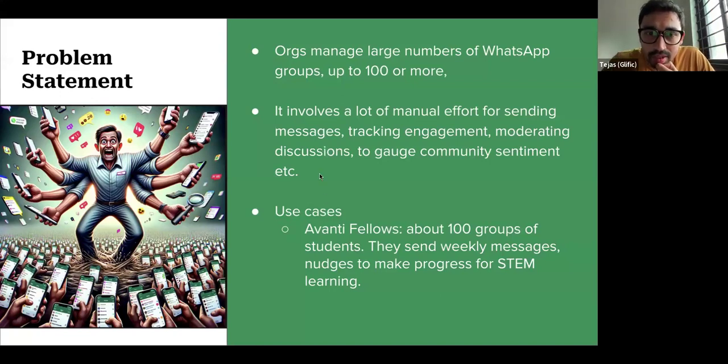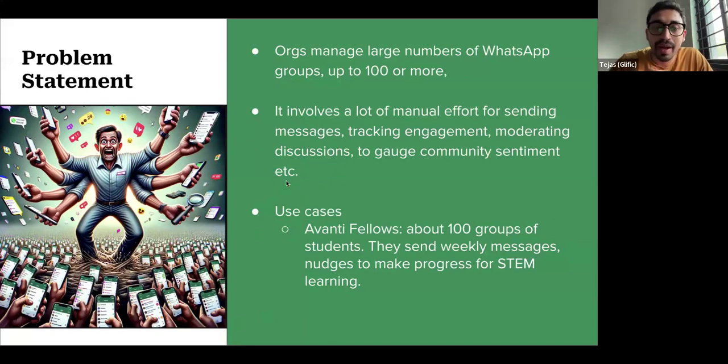Yeah, so from this group of 17 people, I think 11 out of 12 who have responded use WhatsApp groups to communicate with beneficiaries. So that's a wide chunk of groups.